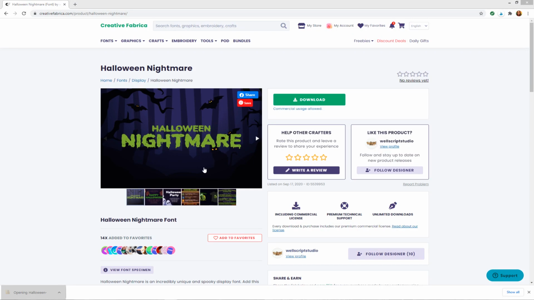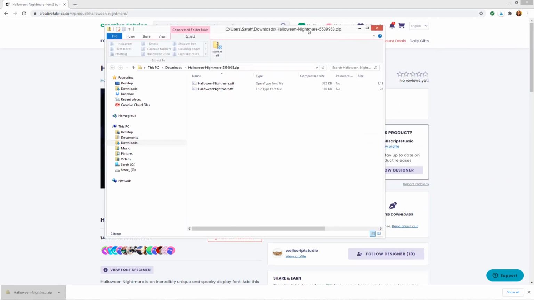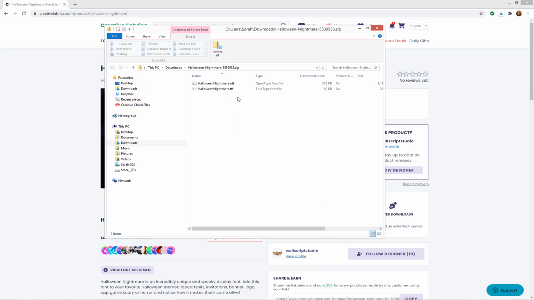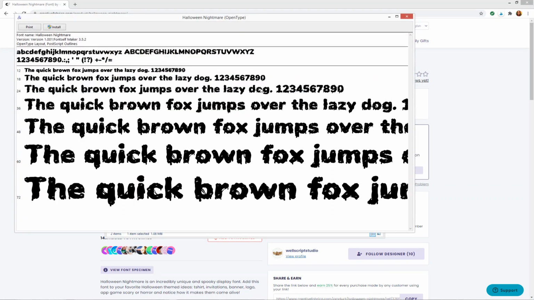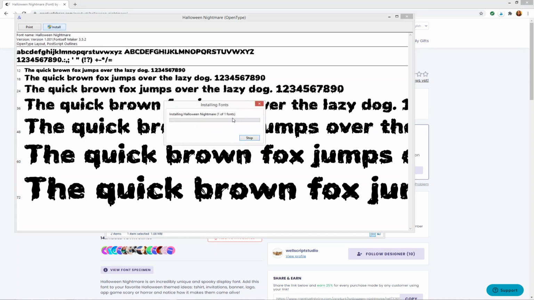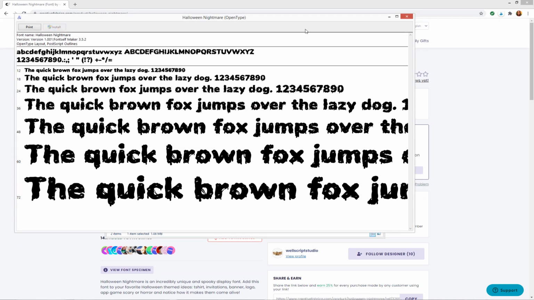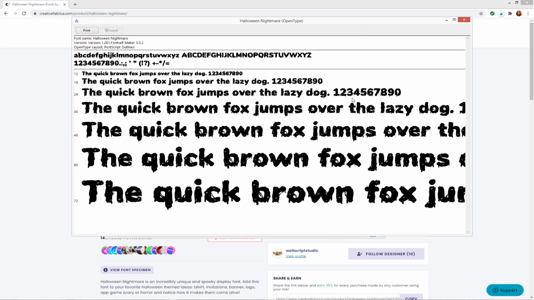You just need to click on the downloaded folder to open it up, or you can go into your downloads to find it. And then you'll generally have two options, an OTF and a TTF. So this is the same font, it just comes in two separate formats. And it doesn't really matter which one you choose, but I like to use the OTF one. So all you need to do is double click on that and it'll bring up this window. Then just click Install. And then it'll install it to your computer, and that font will now be ready to use next time we open up Design Space.